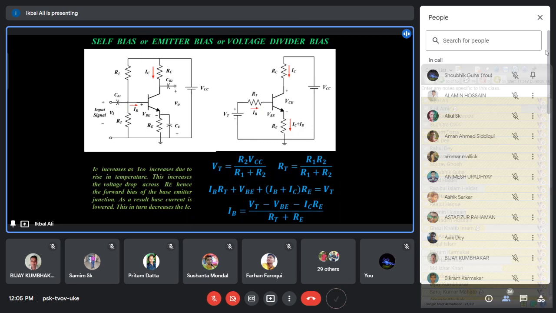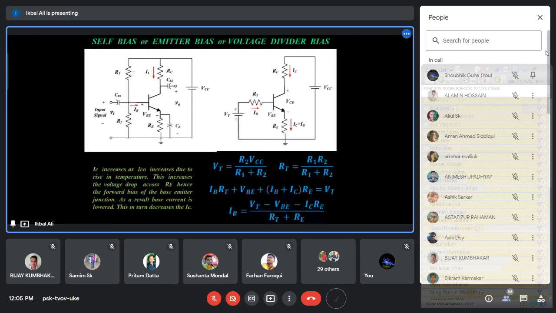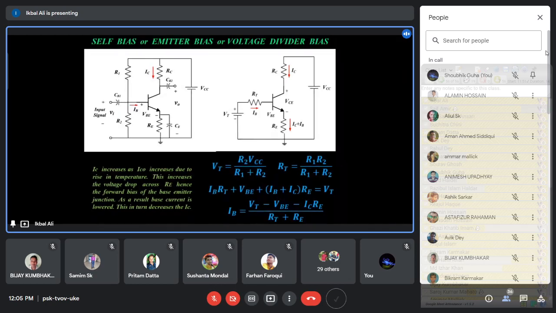The second circuit, collector to base bias circuit, also serves the same purpose: it will make the transistor work in the active region, as well as you can set the Q point in the middle of the active region. It can amplify signal, but the main advantage of the collector to base bias circuit is that the stability of this circuit is a little bit higher than the fixed bias circuit. And last day we have discussed this thing, that stability becomes higher because we have calculated the stability factors, and we have analyzed the stability, that the factor's value is less, so the stability increases for that circuit.